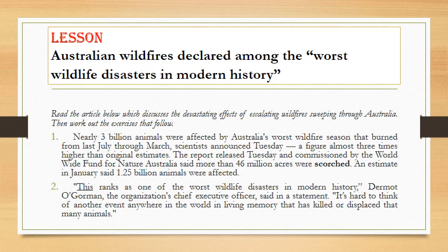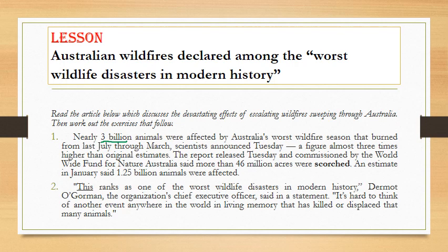Okay, our lesson. Read the article below, which discusses the devastating effects of escalating wildfires, increasing wildfires, sweeping through Australia. Then work out the exercises that follow. The introduction: nearly 3 billion animals were affected by Australia's worst wildfire season. Guys, this number is staggering. 3 billion. Okay. That burned from last July through March, scientists announced Tuesday, a figure almost 3 times higher than